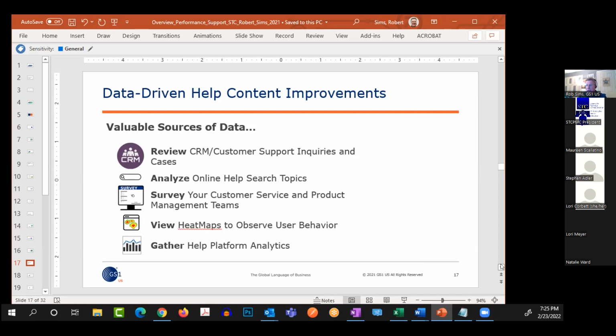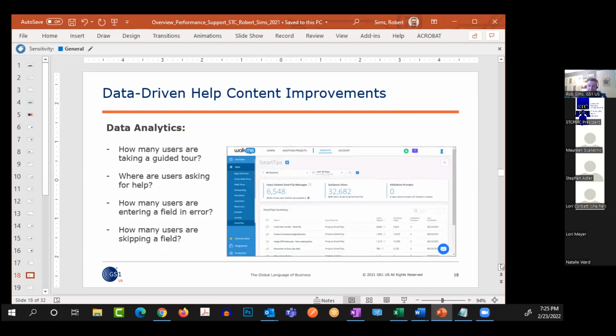And then of course there's help platform analytics. As people use our help center, I'm getting all the data from that as well. A lot of good data, and synthesizing all that can be really hard to do with tech writers. It's new for me. It was something I did on the marketing side, but to look at all this from a technical writing and content perspective is actually kind of an interesting challenge. It's probably a whole other session we could talk about.